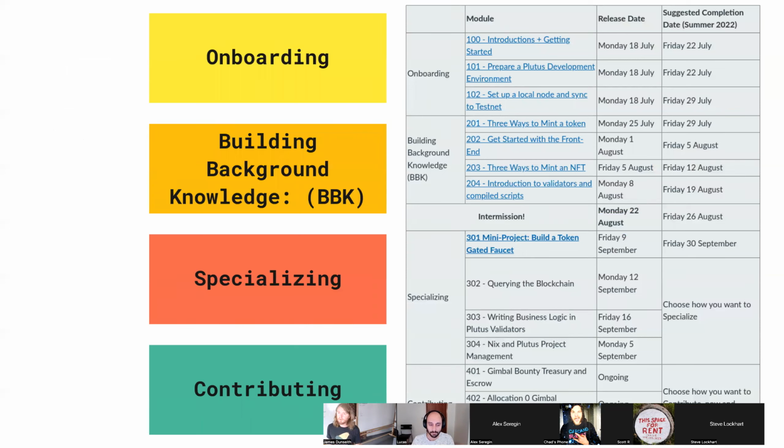These terms were also introduced from the very start of this course. This is from the homepage in Canvas, where learners could see the syllabus outline. And you could see right here, what was written in just plain text at the beginning has gradually switched to being links over the course of the last 9 weeks. But this terminology is at the core of the course, and this is how it's organized. Onboarding modules are numbered with 100 level, BBK modules 200, specializing are 300 level, and then contributions are at the 400 level.